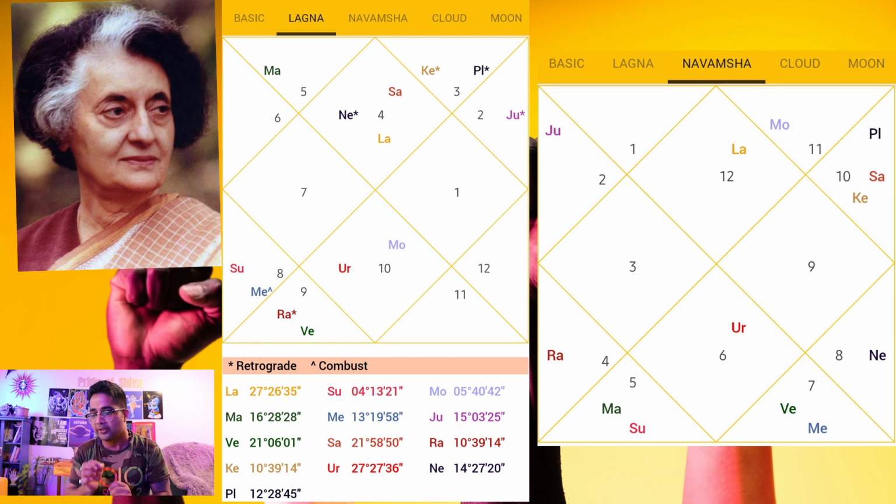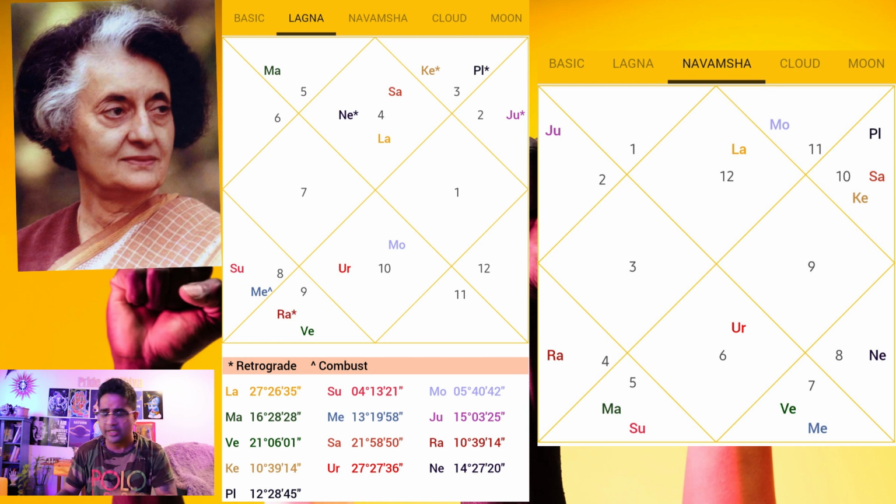But guys, one thing to note here is that in her case, Saturn is in a very ruthless state, because Saturn in Cancer in the Lagna chart, being so strengthened and conjunct with Ketu, these are among those people who can take very harsh decisions. Again, because the chart is in a strengthened state, it is not that she has some ill intention or some biased intention. She might have a pure altruistic intention, but in order to implement that, even if she has to take some very harsh decision, this person, this chart will not hesitate.